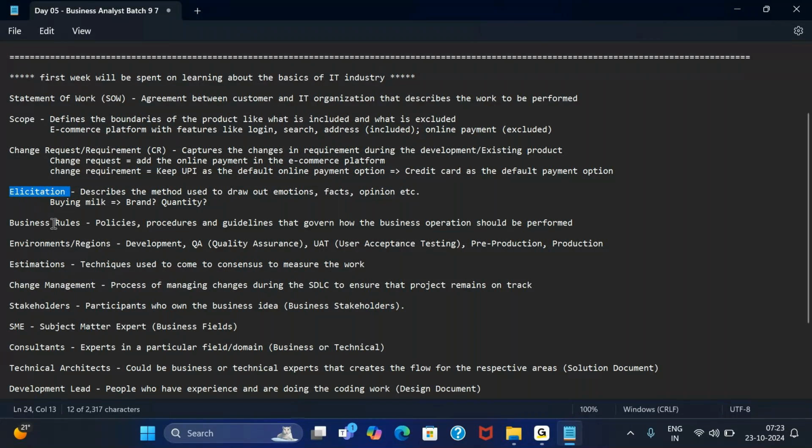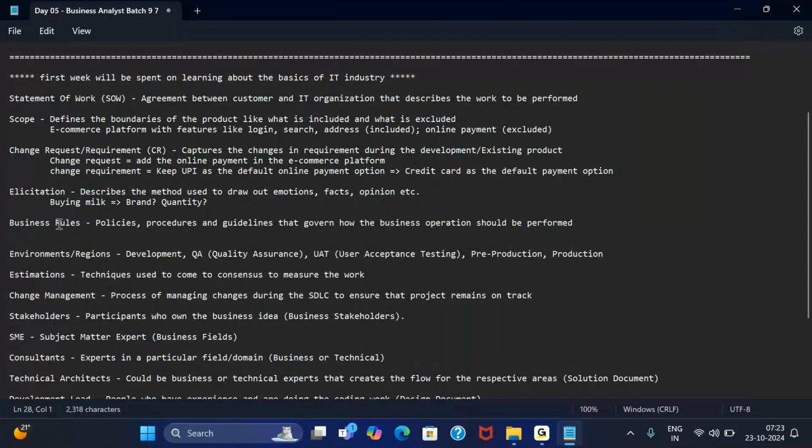Next is business rules. Now, what are business rules? Business rules are basically a set of policies, frameworks, guidelines that often decide or govern how a business operation should be performed. To give you a very small example of it, assume that I say, please enter your